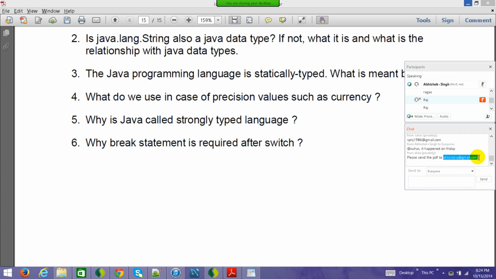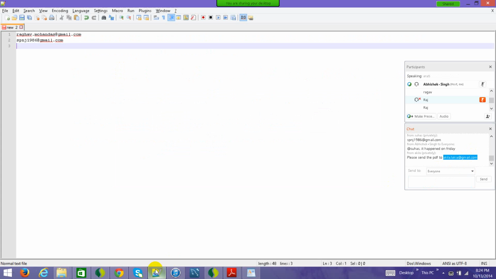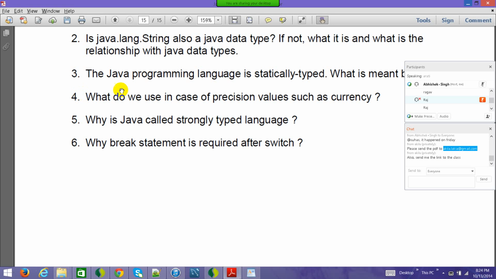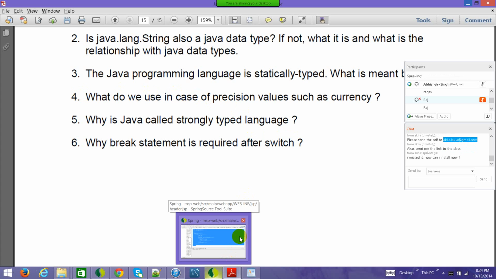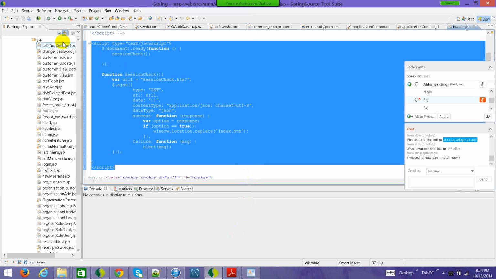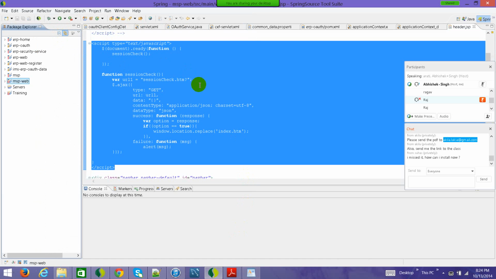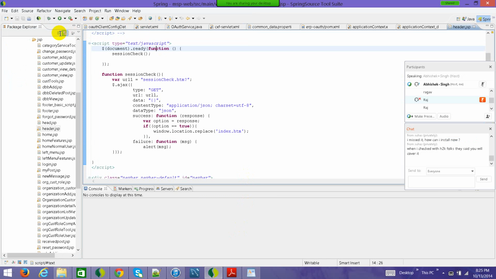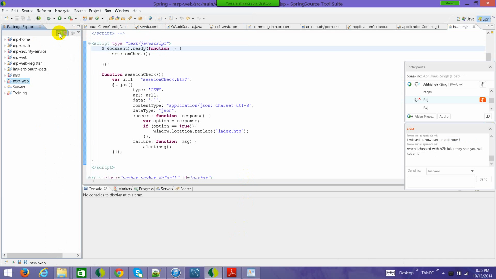How can we find out the flow of the program on the command line or in Eclipse? When you say flow of the program, what exactly do you mean? I mean the method calls and everything, the memory assignments, how it is going on. You can use whatever way you want. Right now, I'm using Spring Tool Suite, which is essentially a Spring version over Eclipse, so at the backend they're using Eclipse only.